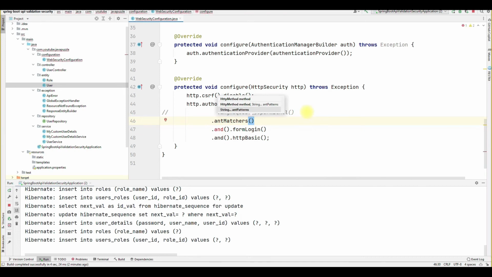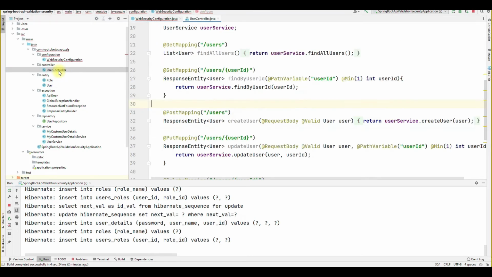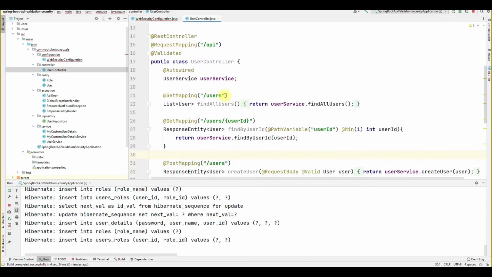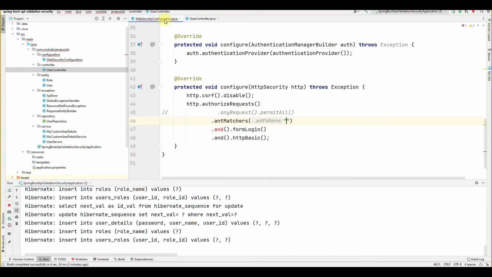Inside the antMatcher we have to provide the URL, whatever URL we want to authorize. So let's suppose users, so slash API slash users.